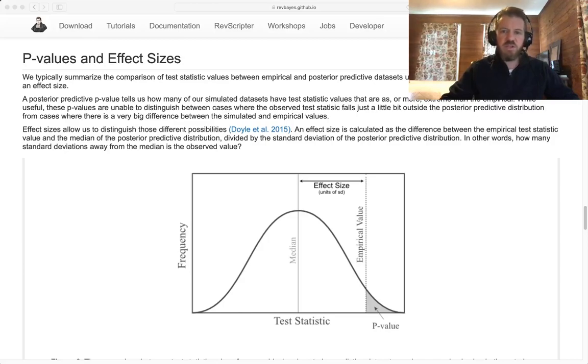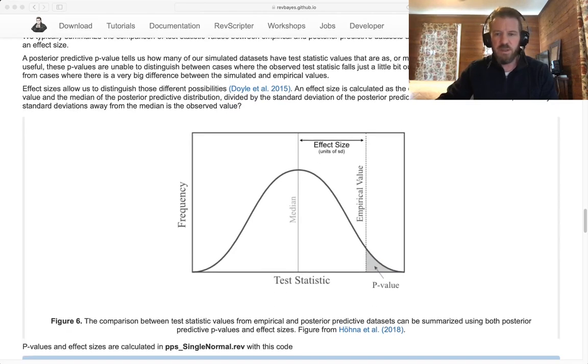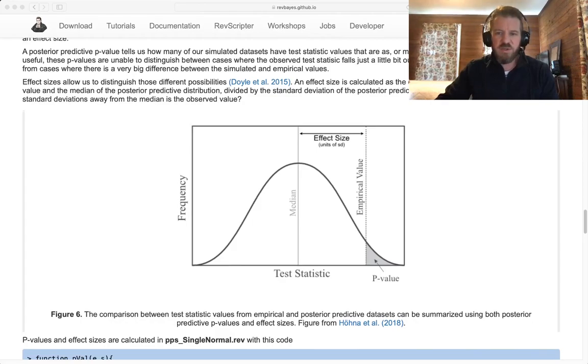So there are two different strategies we're going to use to compare the empirical and simulated, or posterior predictive, test statistic values in this case. The first strategy is to use what's called a posterior predictive p-value. And in many ways, this is similar to the more standard frequentist p-values that we're familiar with. So if we think about our distribution of posterior predictive values represented by this solid curve in figure 6 here, and we think about the empirical value, which is represented by the vertical dashed line on the right-hand side,